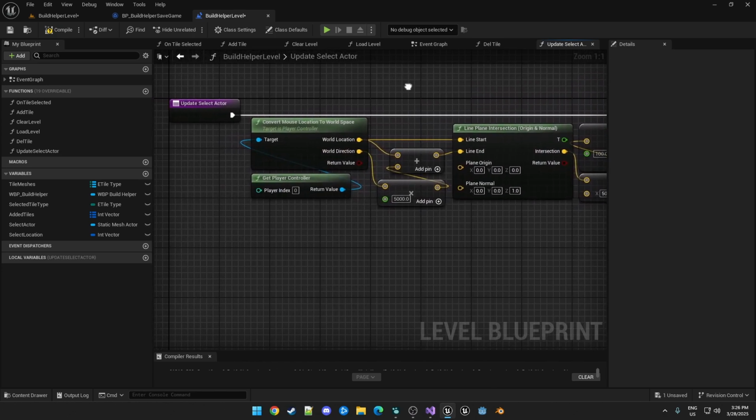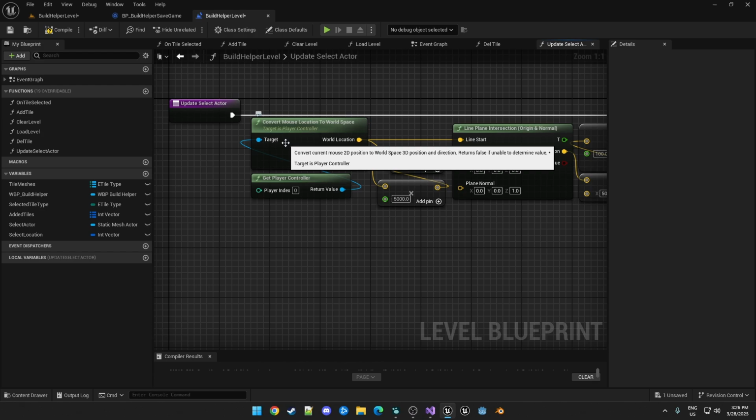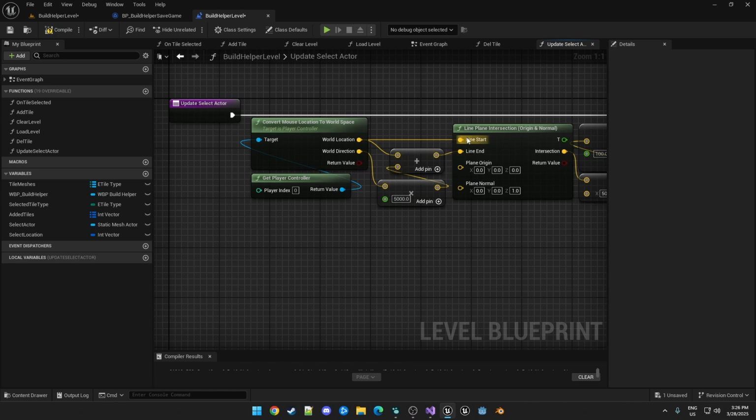So there's a lot going on here. We'll just go over it one more time. We're getting our player controller so that we can call a few functions inside here, which will then take the mouse position, deproject it to world space, giving us the world location and direction. We're using those values to make a line start and line end to intersect with a plane, set at 0,